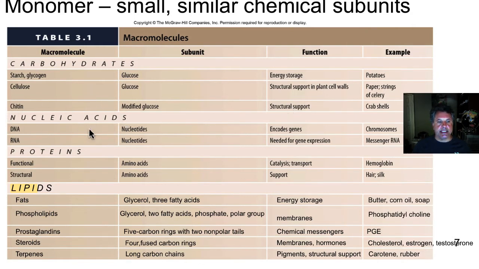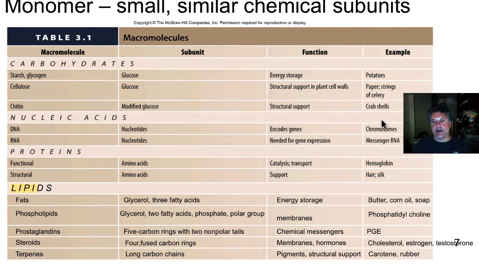Now the nucleic acids, named because they are acidic due to phosphate groups that we'll talk about, and they're found in the nucleus of cells. So the nucleic acids, DNA and RNA. And the building blocks for DNA and RNA are nucleotides that are polymerized to form RNA or DNA, depending on the nucleotides that are being used. DNA is the stuff of genes, and those genes carry the instructions to build organisms and run the biochemistry of the cell. And RNA, as we will see and study, is needed for gene expression.